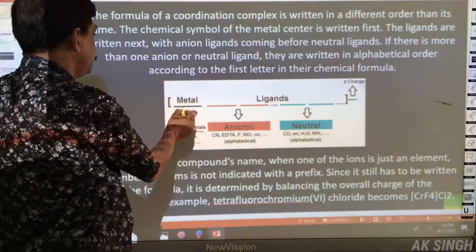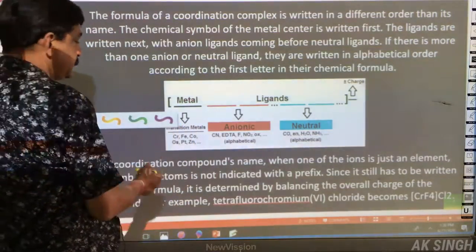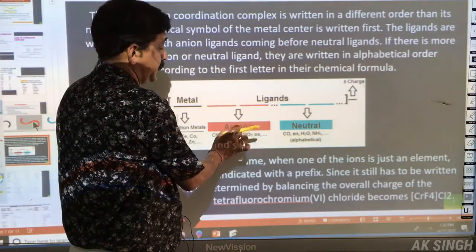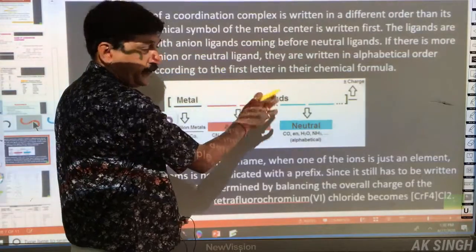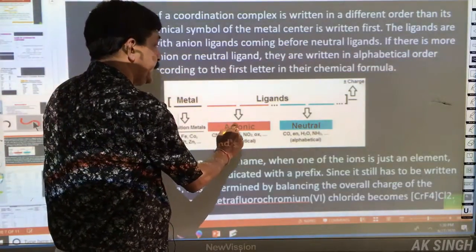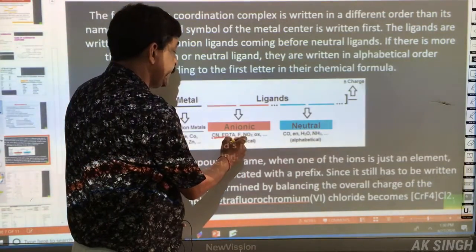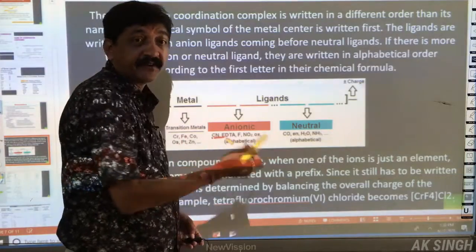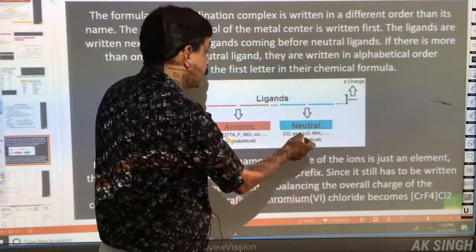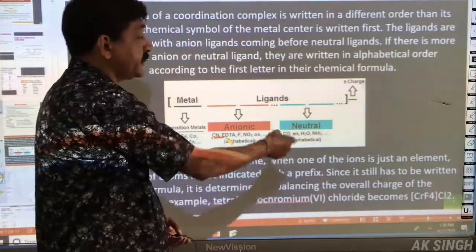Same thing for the method: the metal, normally a transition metal, then comes the coordination sphere. Metal, and then anionic ligands, we have taken CN, cyanido, EDTA, ethylene diamine tetraacetate, ethylene diamine triacetate, other groups. It may be neutral like NH3, water, carbonyl, en, these are the neutral ligands.